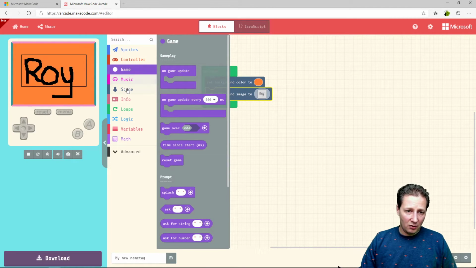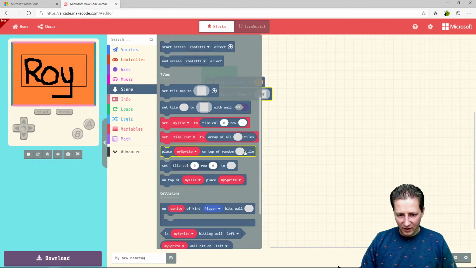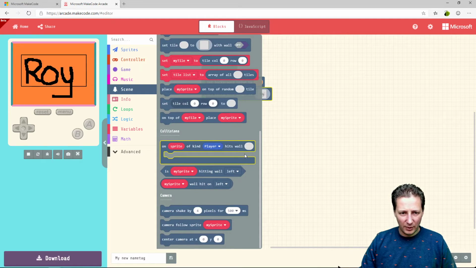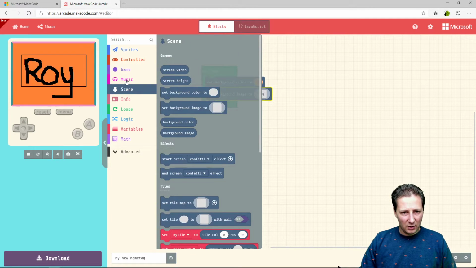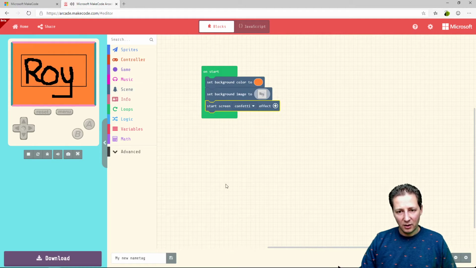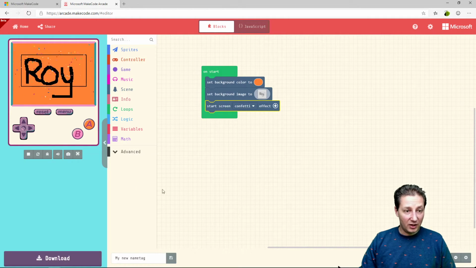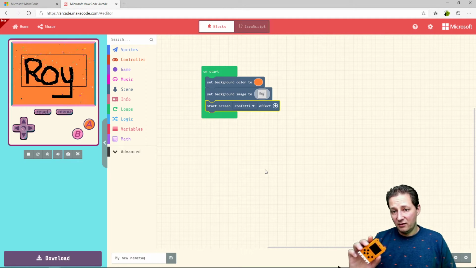It's a game now. We want to have some effect on it. Let's see what we can do. Can we make it a little bit more interesting with a screen effect? Why not? We will add a confetti screen effect, and immediately you will see what happens. You will see the confetti in my game computer. Well, as fun as it all is,